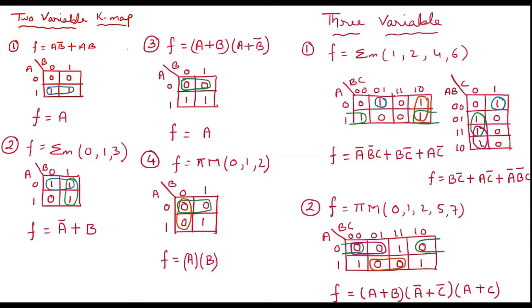So you can see A, B have taken 0 1 0 1. A plus B: here A means it's 0 in POS, A complement means it is 1. So it's A plus B, A is 0, B is 0, so this is the box. I have given 0 over here because it's a POS term equation, right? Then A is 0 and B is 1, so this is a 0. The rest of the empty boxes I filled with 1 because it's a POS or max term equation. That I have done over here, right?